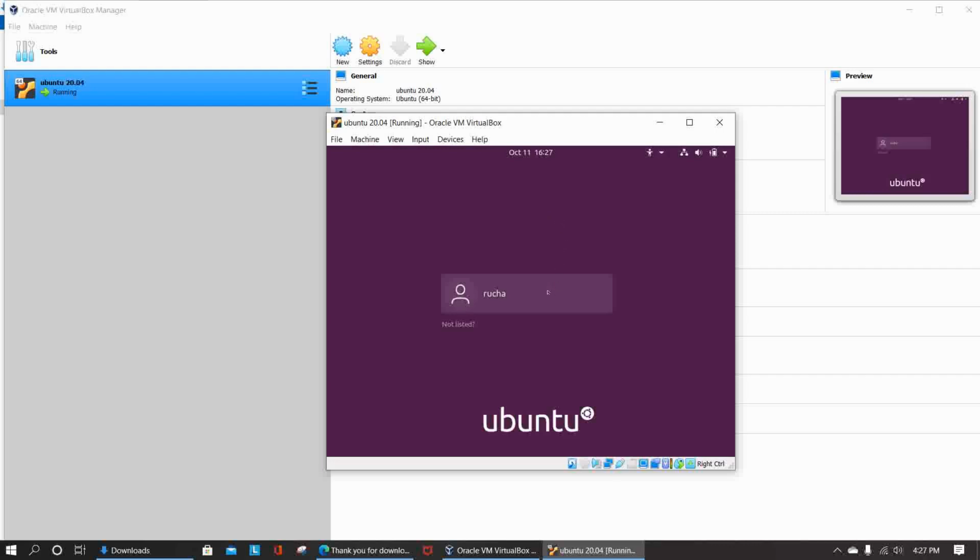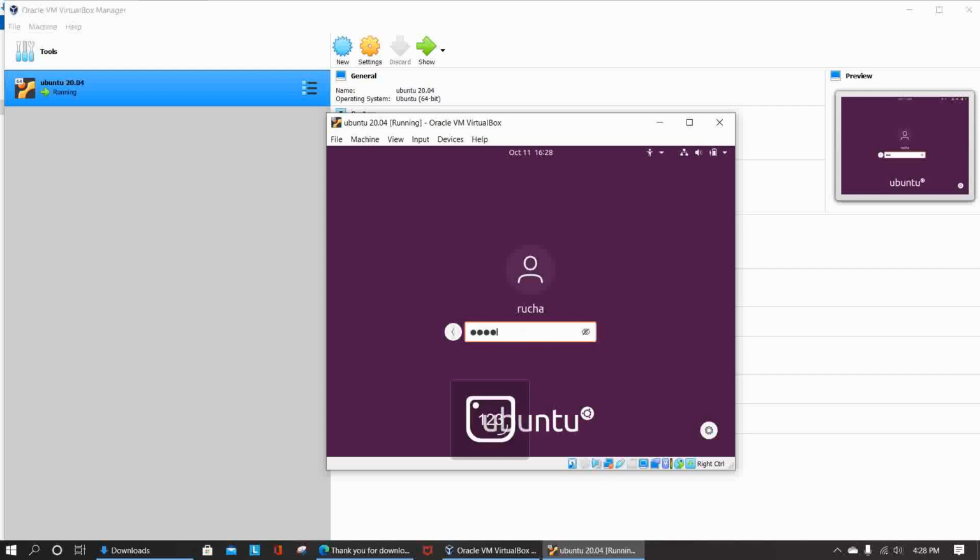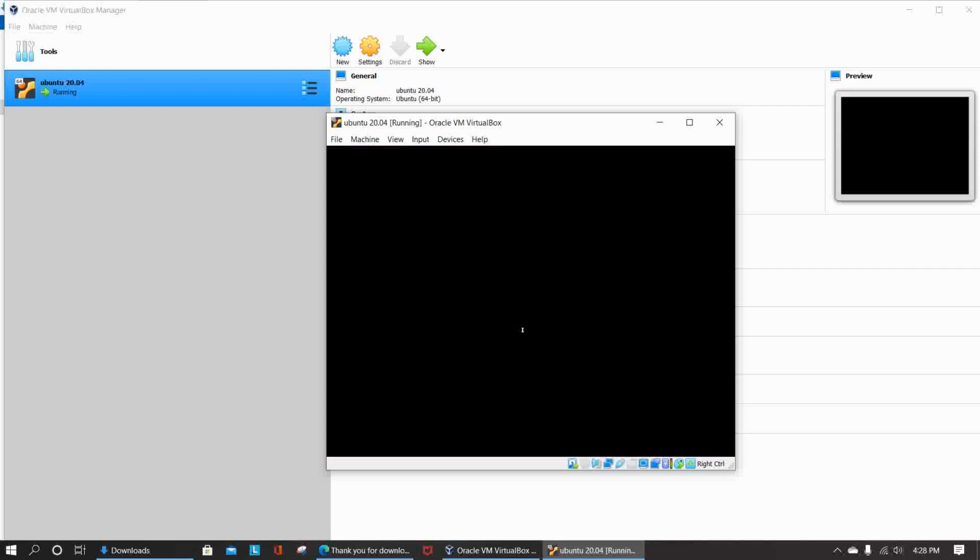So now as you can see here, the name which we have given, it is showing on the login window. So just click on that. It will ask for the password, so give the password which we have assigned earlier and press enter.